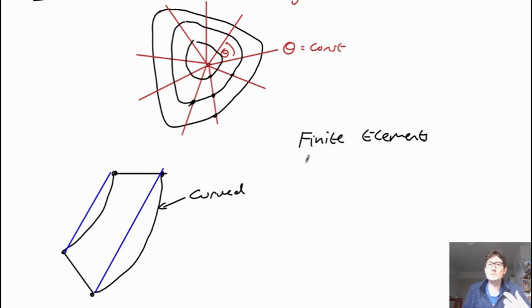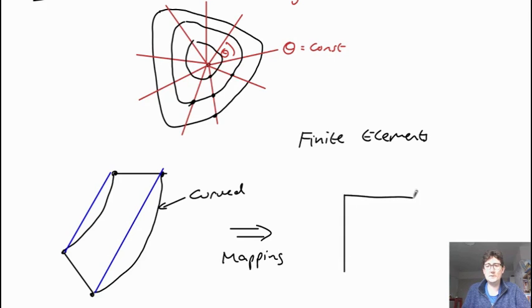And the idea is to represent inside this region here the solution psi as a combination of different basis functions. And the way to do this in a systematic and reasonably simple way to implement is to have a mapping from this curved surface. We need to map onto a square. And specifically, they use a unit, well, go -1 to 1 or 0 to 1.